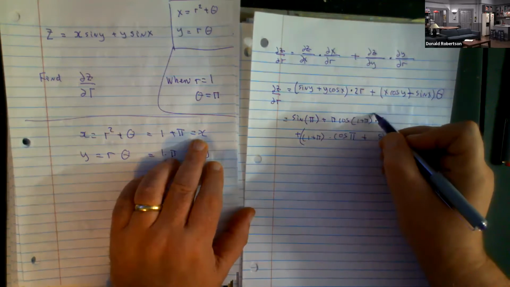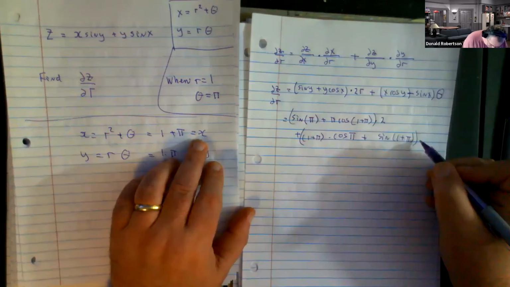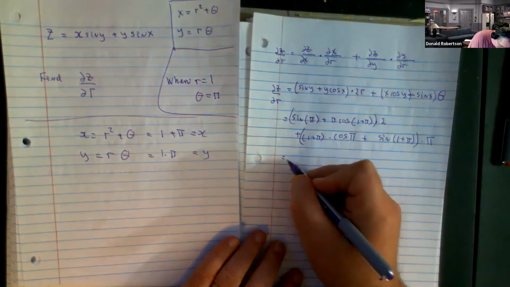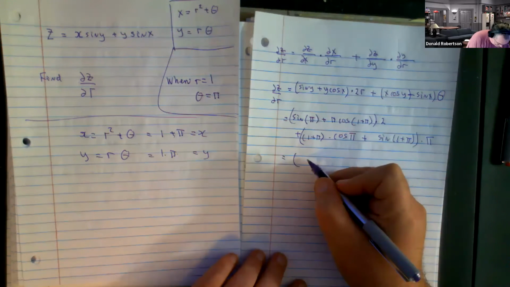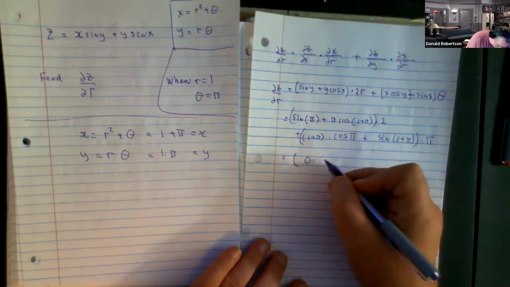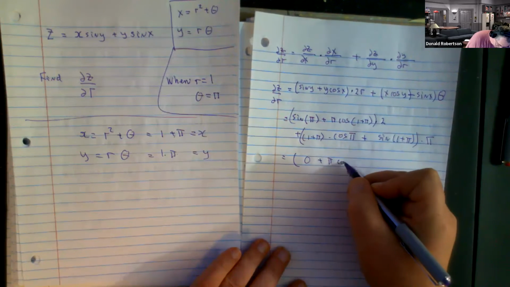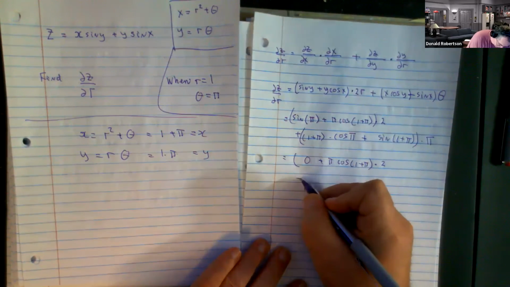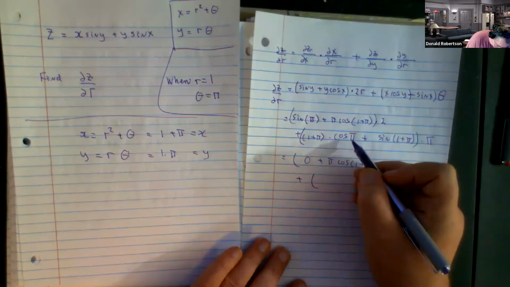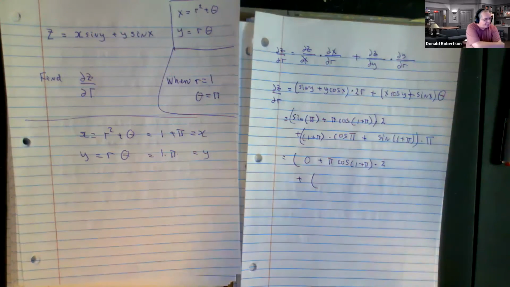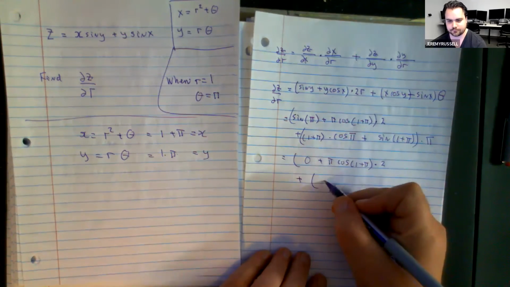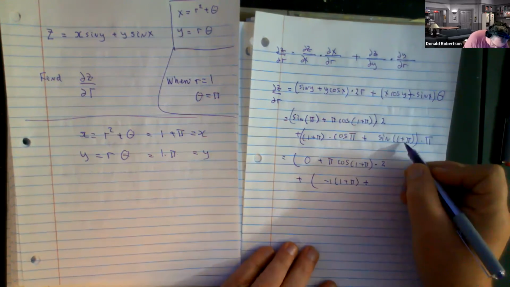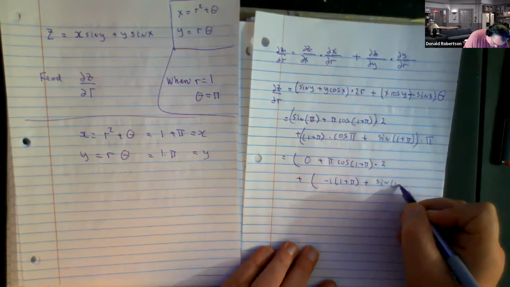And multiplied by theta, which is pi. Again, getting close to the end. The sine of pi is 0. Can't really do anything to that guy except write it down as 1 plus pi. Still times 2. Plus, what's the cosine of pi? -1. So we're going to have -1, 1 plus pi, added to something you can't really do much about,